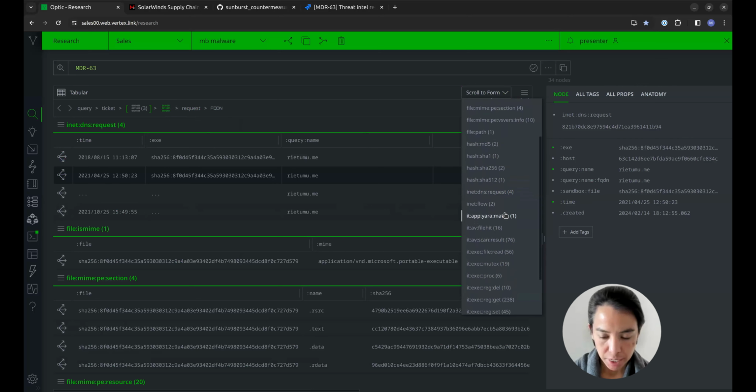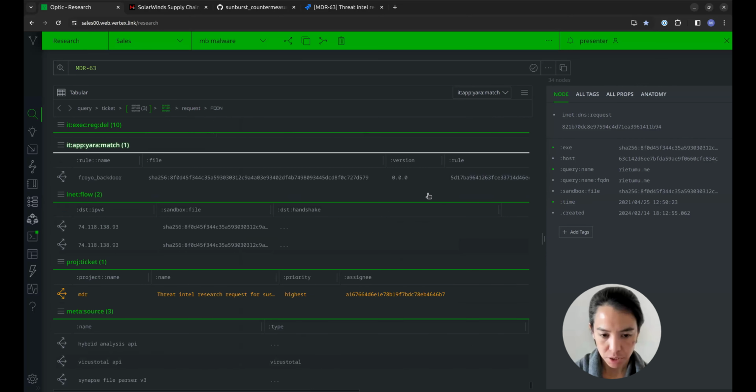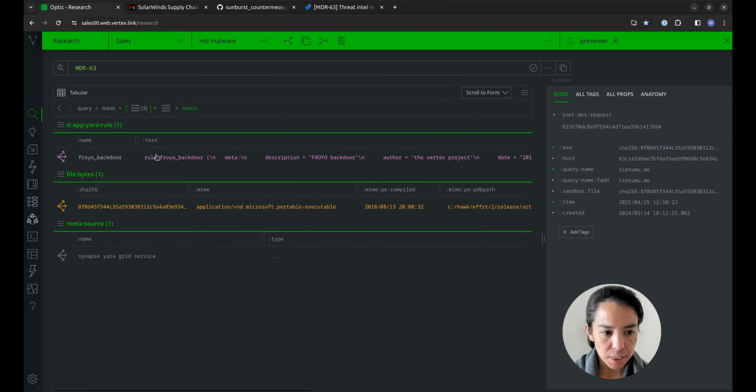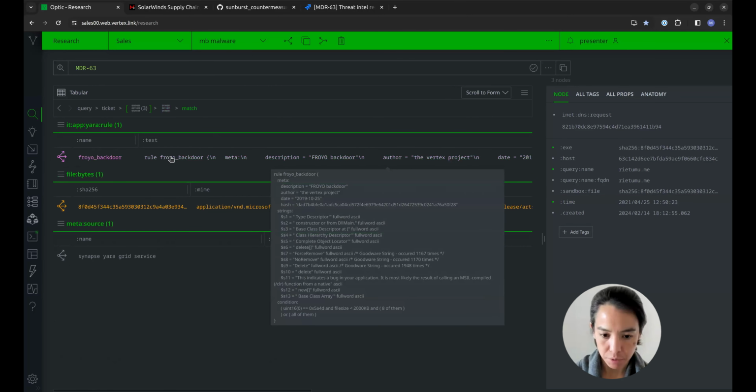So it looks like it communicates with a C2 that we associate with Sundance and Froyo malware. I can also take a look at the Yara match node that we have here. It looks like it matched on a rule that we call the Froyo backdoor. I can explore to see the rule itself, and I can always hover over it to see how it was written and what it was designed to detect. However,